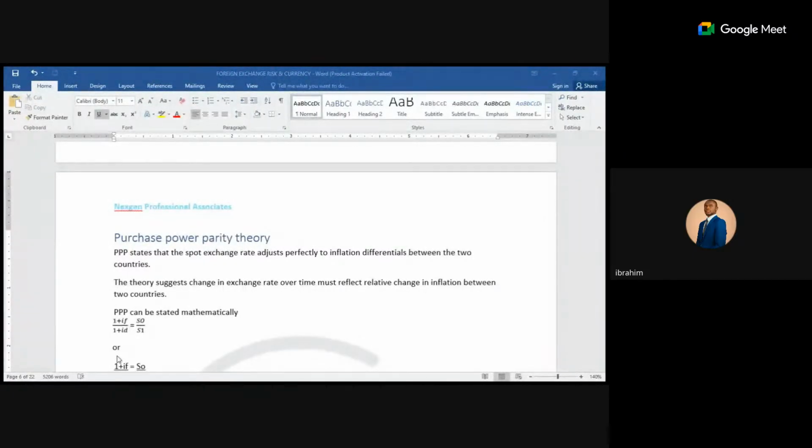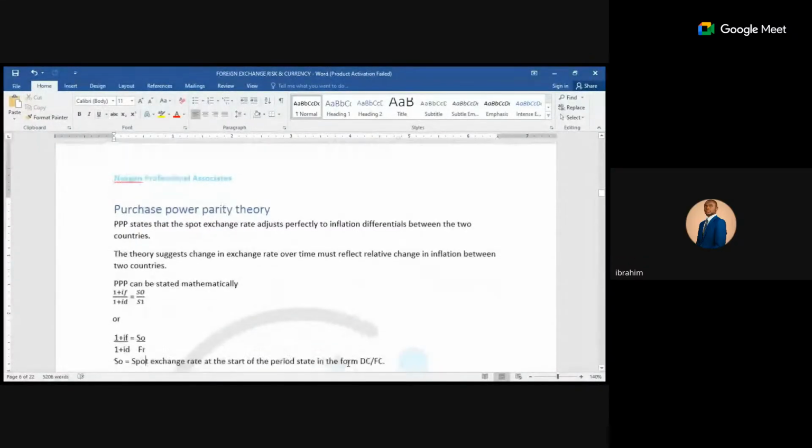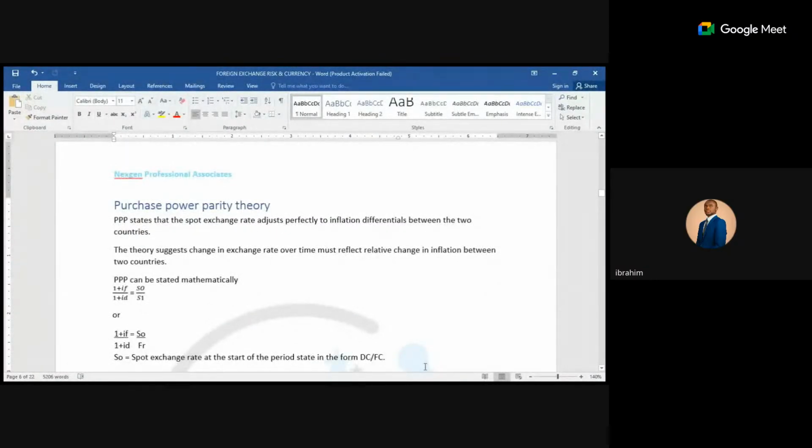Because your inflation will affect your exchange rates, you have to adjust your exchange rates with inflation. How would that happen? With this formula. The examiner may ask you to calculate the forward rates